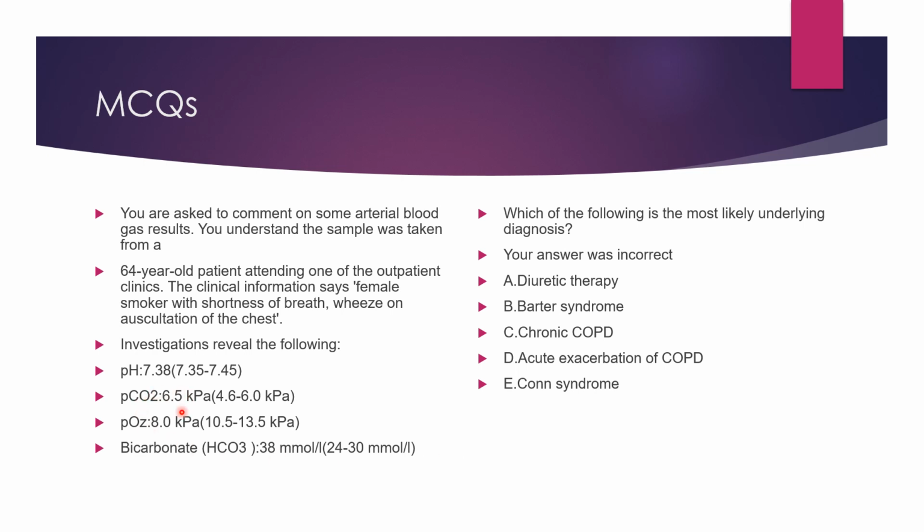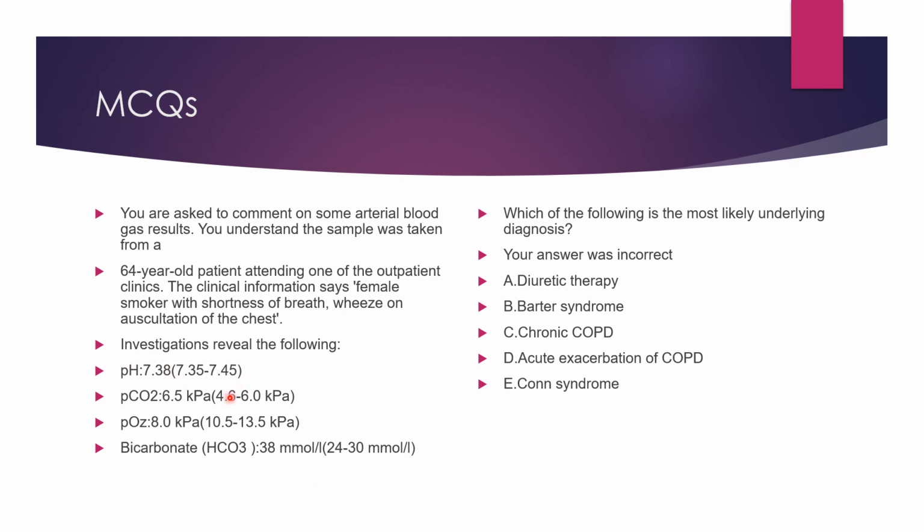So the pH is normal. There is PCO2 retention, 6.5, which means it could be respiratory acidosis. And the PO2 shows the patient is having hypoxia. Bicarbonate is 38, which means the patient is trying to retain bicarbonate, which is alkali, to counteract the respiratory acidosis. By retaining the bicarbonate, the patient is able to compensate the pH, but the underlying respiratory acidosis is there. In acute exacerbation of COPD, it will be difficult for the patient to bring the bicarbonate to such a high value